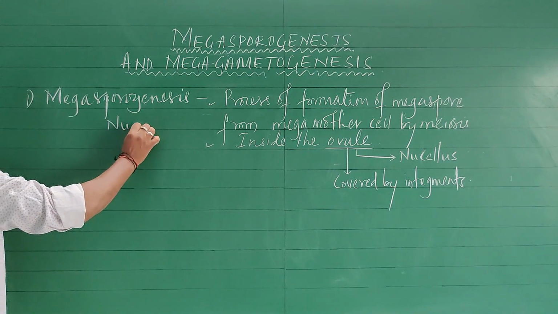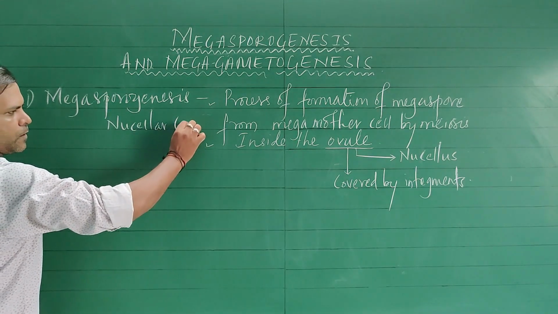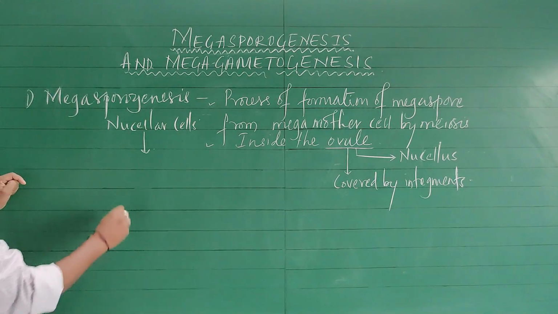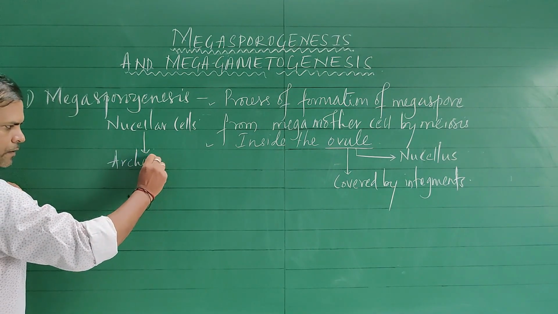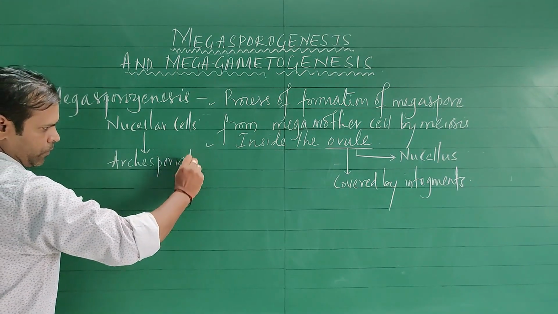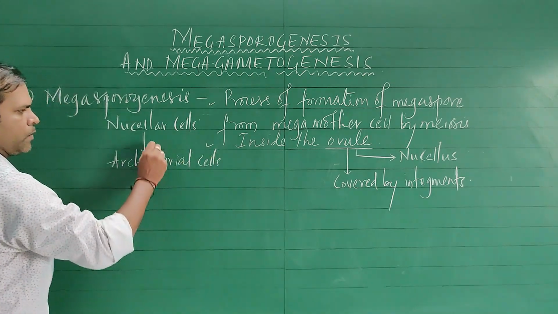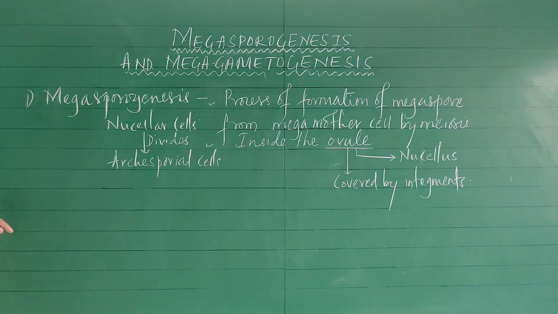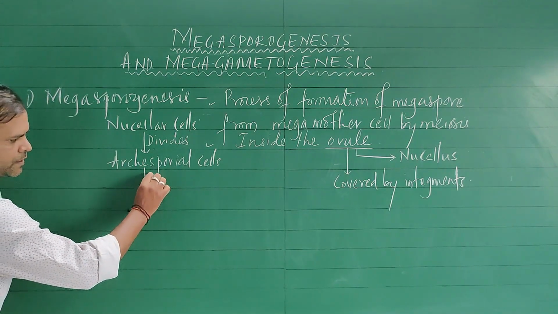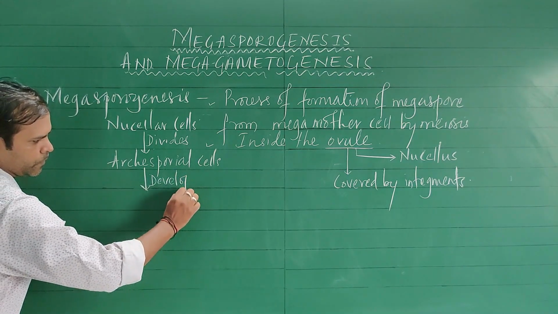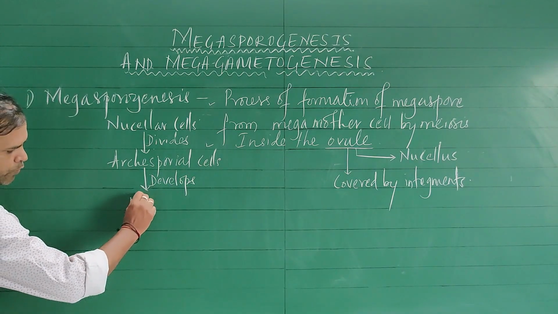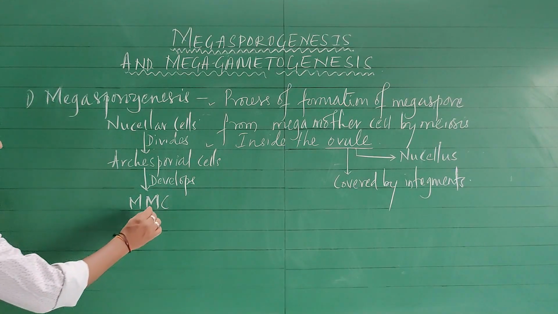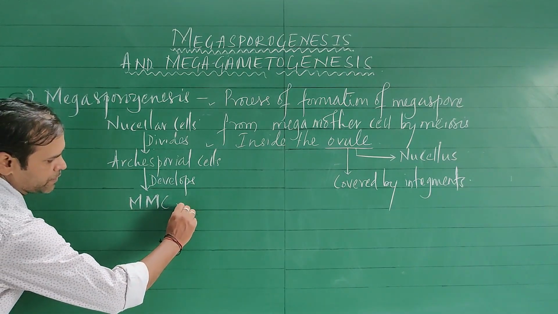Some of the nucellar cells divide and form archesporial cells. These archesporial cells then develop into megaspore mother cell, MMC. Now this megaspore mother cell, which is diploid,